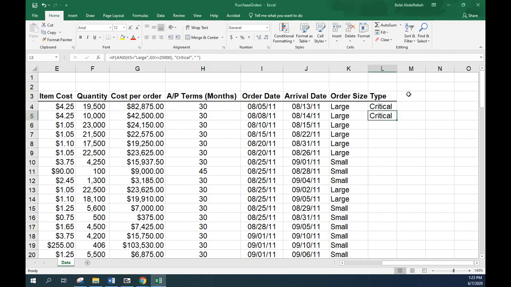Now I want to take it a step further. I'm going to use another data field, call it priority, and I want to demonstrate using the IF function along with the OR function. Obviously, if you're using the OR, it's a little bit different from AND. Let's say, for example, I'm saying if the order type is critical or if it's large, give it